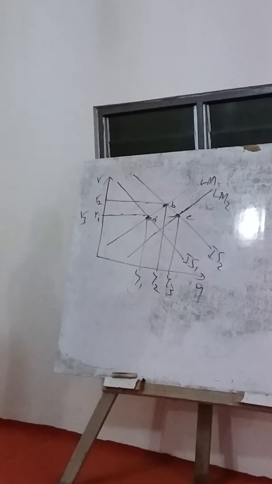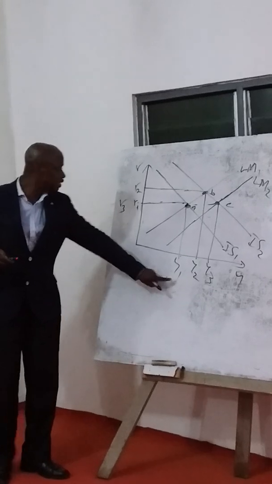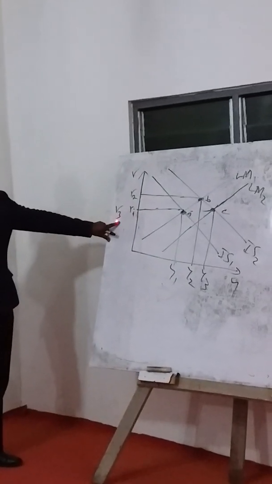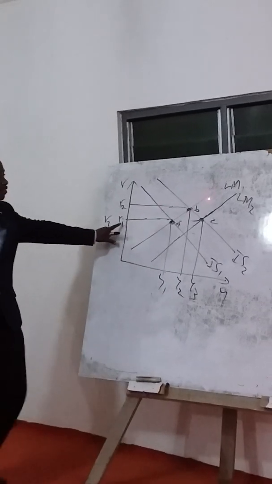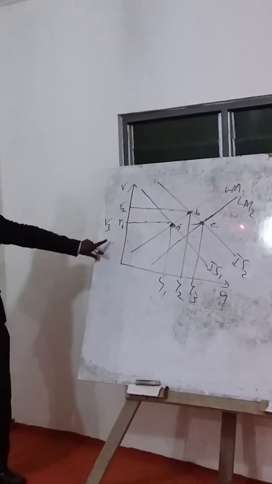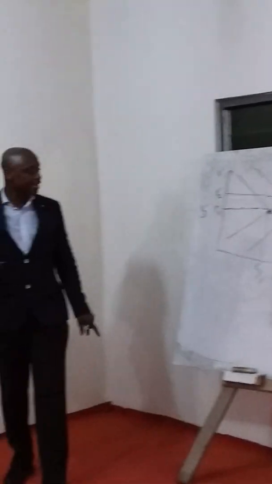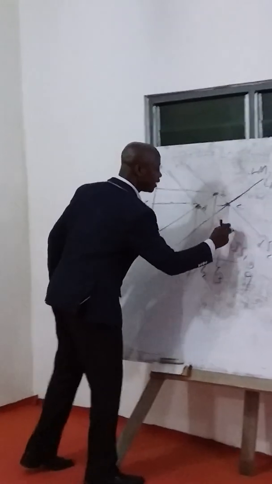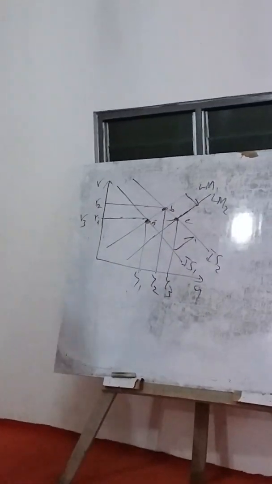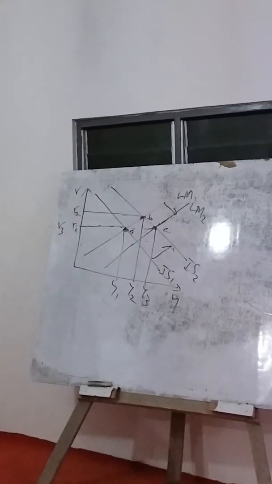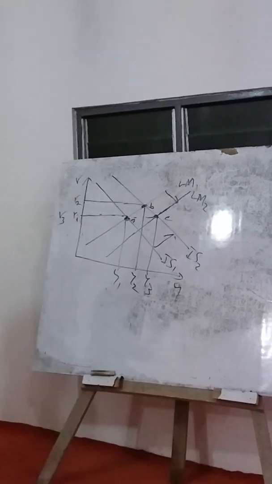So what has happened is that the change in Y is Y3 minus Y1, and the change in interest rate is going to be 0. So if the central bank wants to hold the interest rate constant, then the central bank has to increase money supply when there is an expansionary fiscal policy, which is moving the IS curve from IS1 to IS2. Then there should be an increase in money supply here, as we can see. Good. Now we look at the situation of holding Y constant.